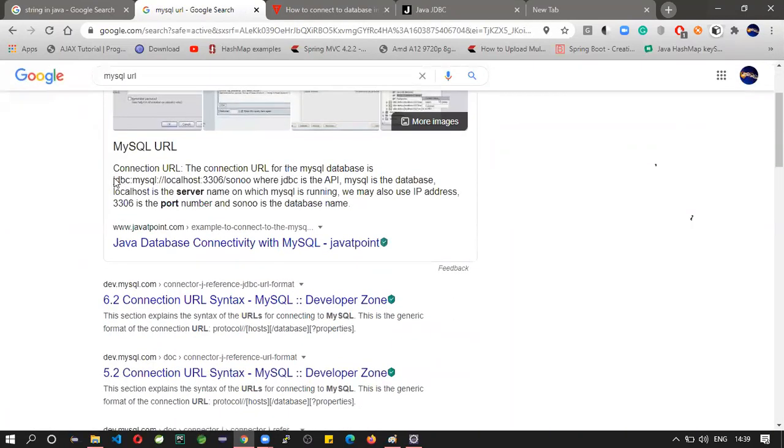See here, jdbc:mysql://localhost:3306/ and so on. Where JDBC is the API, okay, and this is the database that we are going to work with. And localhost represents the server.